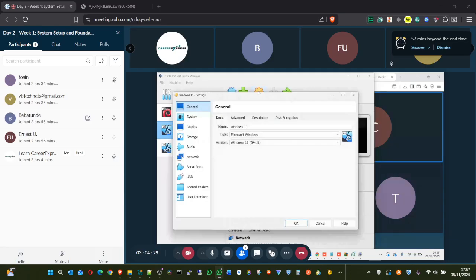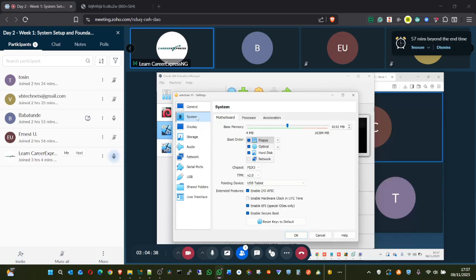Go to system. The RAM, give it 4096. Yes, just type it.